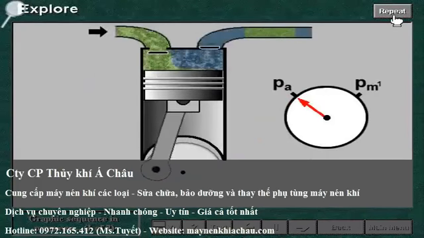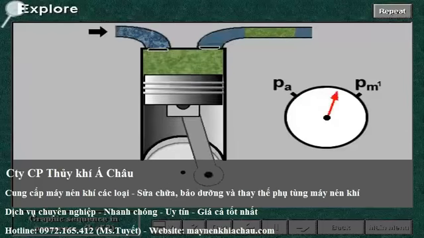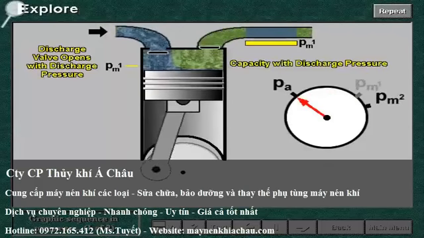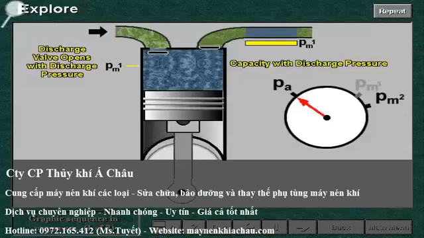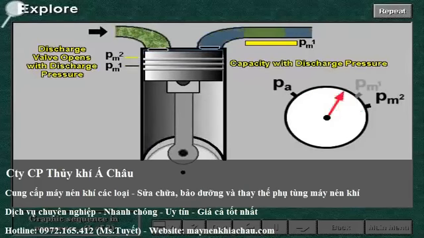Consider now a single-stage compressor. If a higher delivery pressure happens, the compression ratio is increased and volumetric efficiency decreases. Less gas is delivered to the user and the compressor capacity